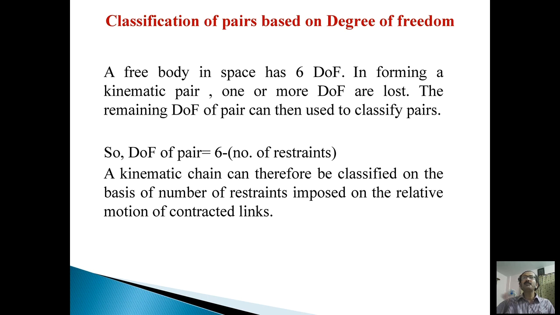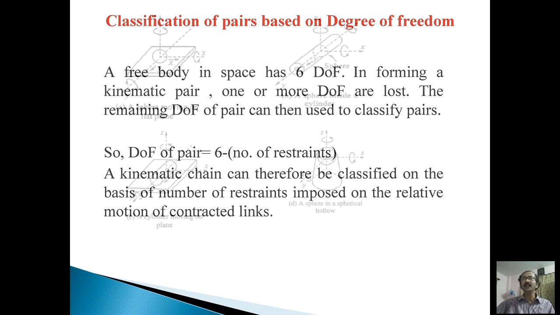Now, the classification of pairs based on degree of freedom. A free body in space has 6 degrees of freedom. In forming a kinematic pair, one or more degrees of freedom are lost. The remaining degrees of freedom of the pair are used to classify pairs. So, the degree of freedom of a pair equals 6 minus the number of restraints. A kinematic chain can therefore be classified on the basis of the number of restraints imposed on the relative motion of